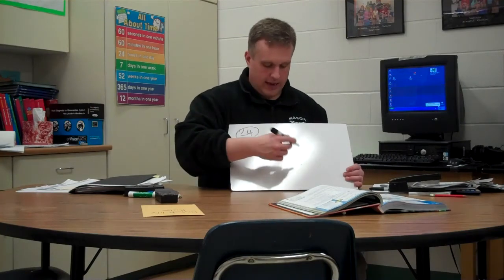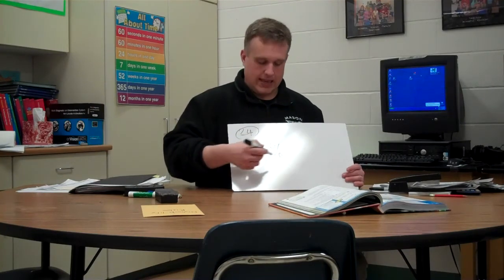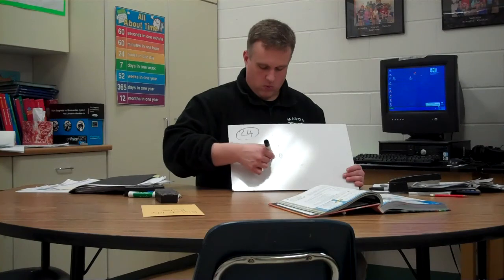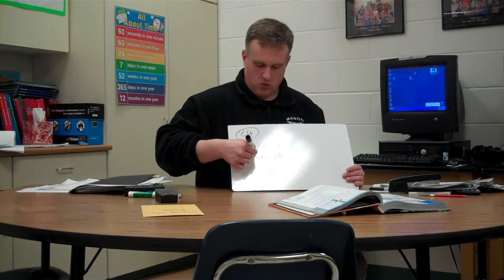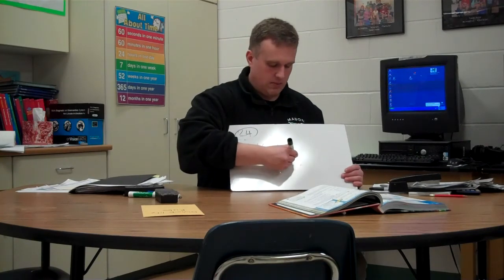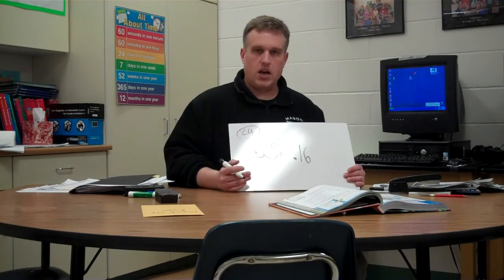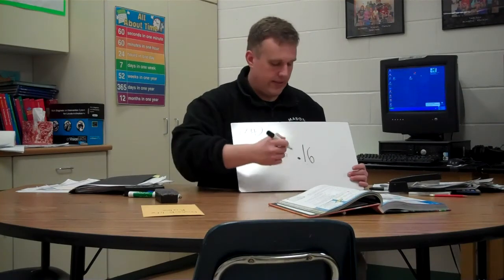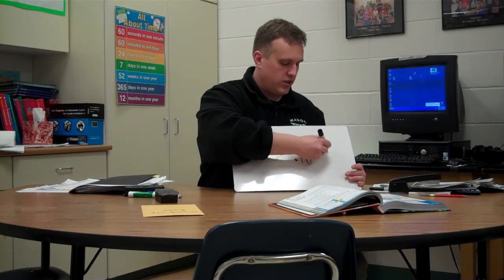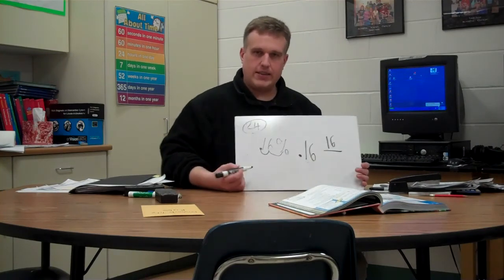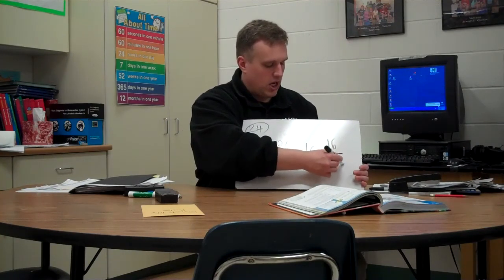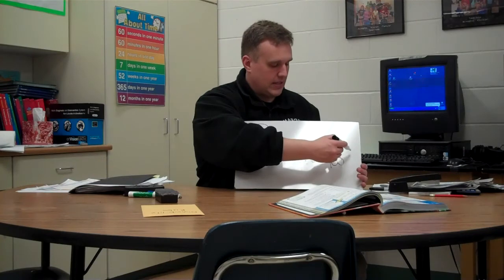decimal. Okay, so if I'm writing this as a decimal, I start on my percent. I go 2 places to my left. 1, 2. Now I put my decimal. So as a decimal, it would be 16 hundredths. And then as a fraction, I just say it. I write it exactly how I say it. 16 hundredths. Okay. Again, if I simplify it,